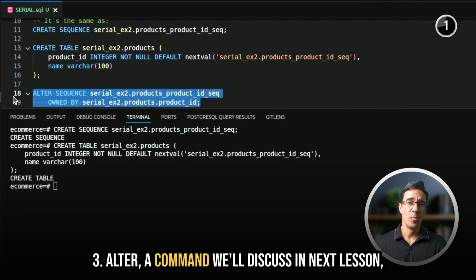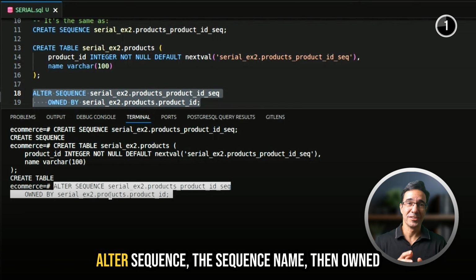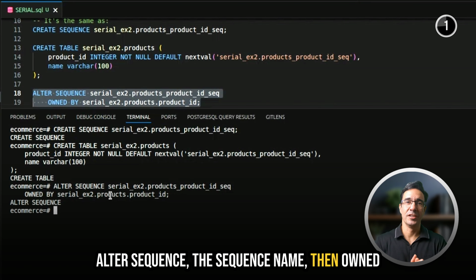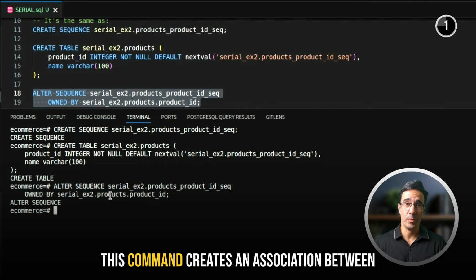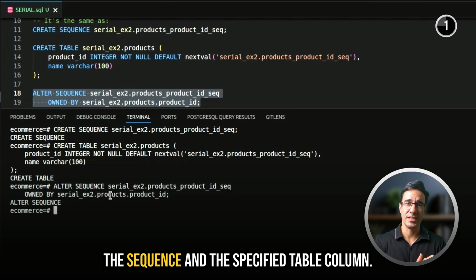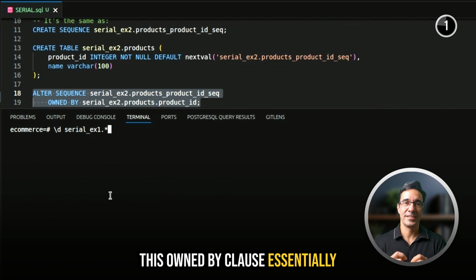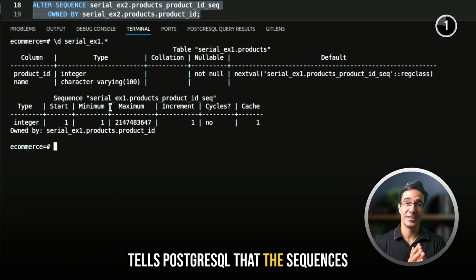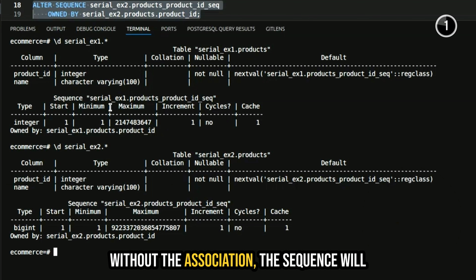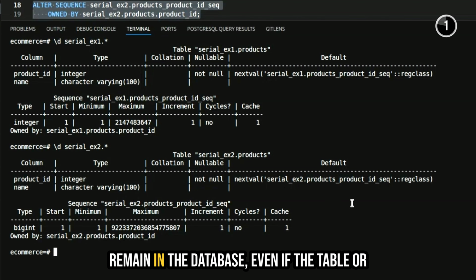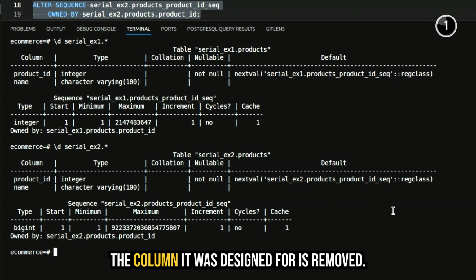Third, ALTER, a command we'll discuss in the next lesson. ALTER SEQUENCE, the sequence name, then OWNED BY the serial column prefixed by its table name. This command creates an association between the sequence and the specified table column. This OWNED BY clause essentially tells PostgreSQL that the sequence's lifecycle is tied to the specified column. Without the association, the sequence will remain in the database even if the table or the column it was designed